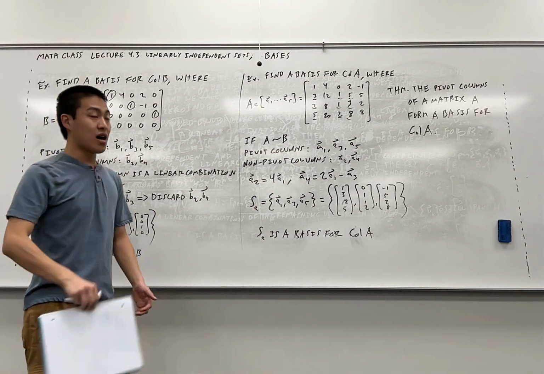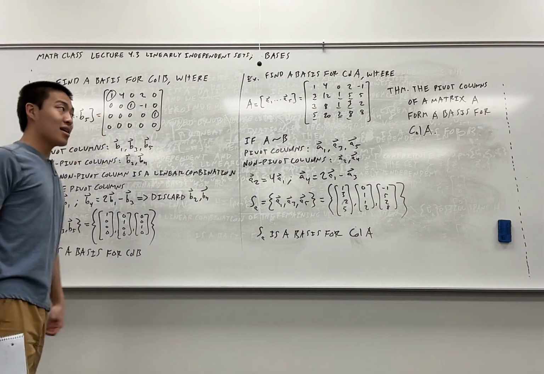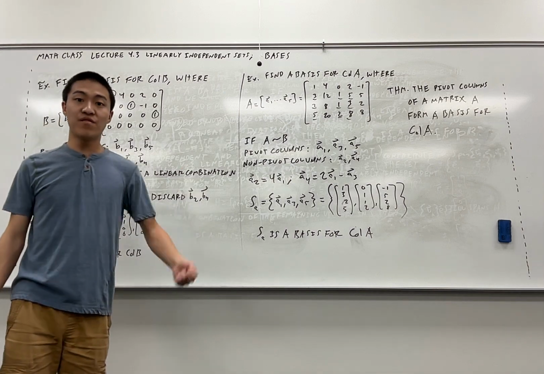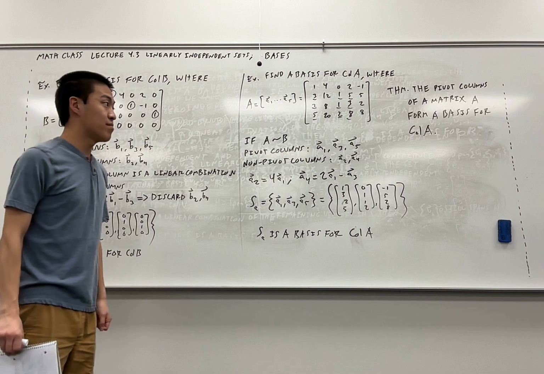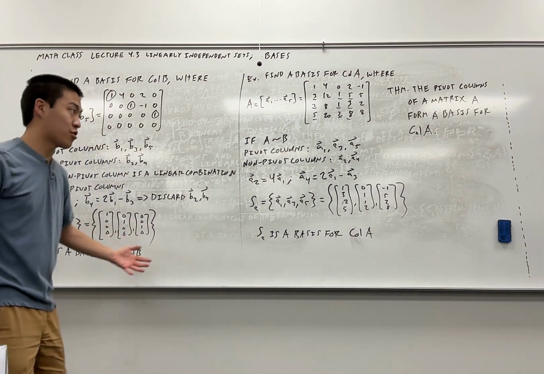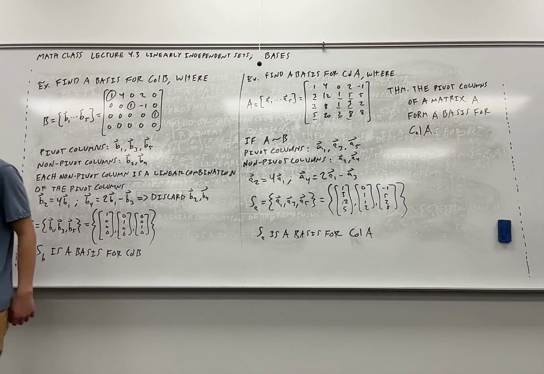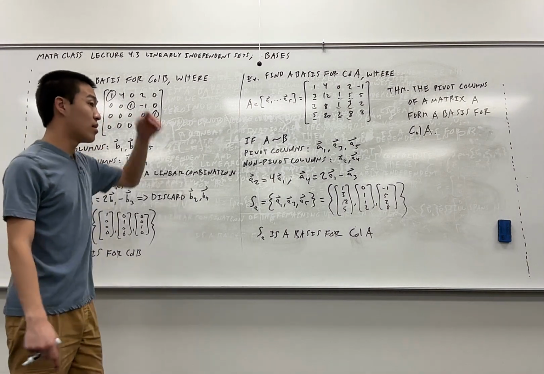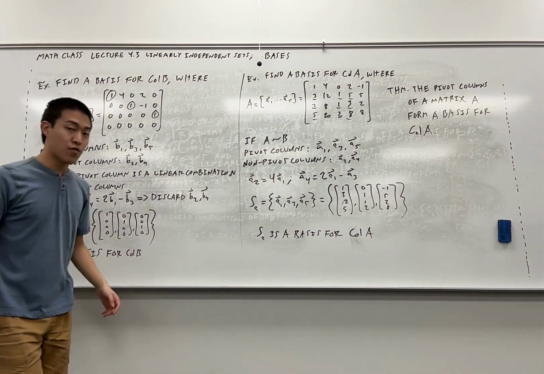If I want a basis for the column space of the matrix, all I gotta do is identify its pivot columns and then make a set of only those pivot columns. And then there you go, you got a basis for your column space. So that is 4.3. So make sure you watch this recording before the lecture on 4.4, because the lecture on 4.4 is